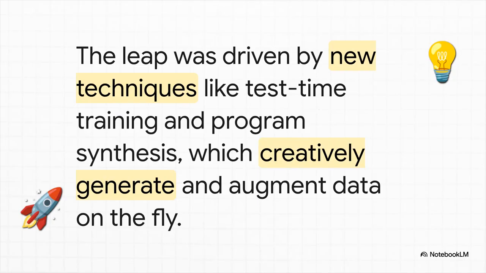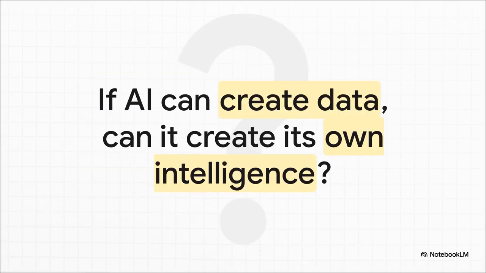So what happened? Was it just a bigger, more powerful model? Nope. That massive leap was driven by new techniques where the AI essentially created its own data on the fly. Think about that. Instead of just learning from a static dataset, these top solutions are creatively generating and augmenting data to figure out problems they have literally never seen before. So data augmentation is no longer just about making more data. It's about making AI smarter, it's about making it fairer, and maybe even more creative.